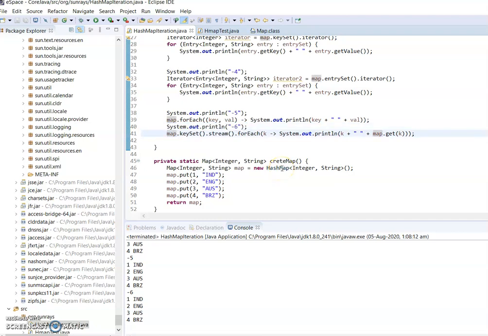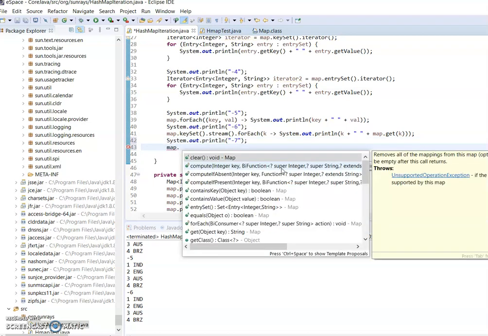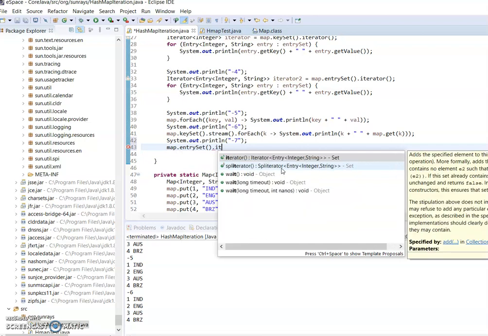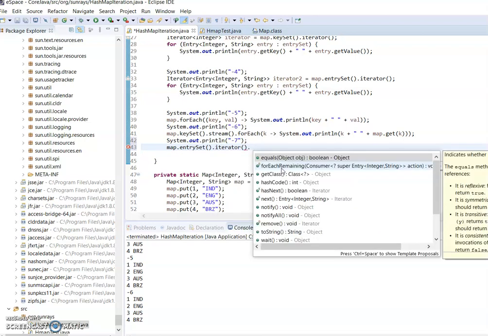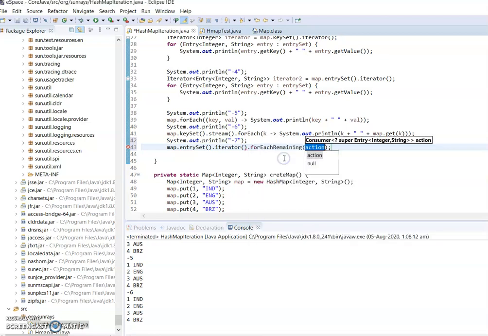Probably we can also use map.entrySet and iterate from there, using forEachRemaining on the iterator. Because the iterator is iterating the data, at any point we can exit or stop it.